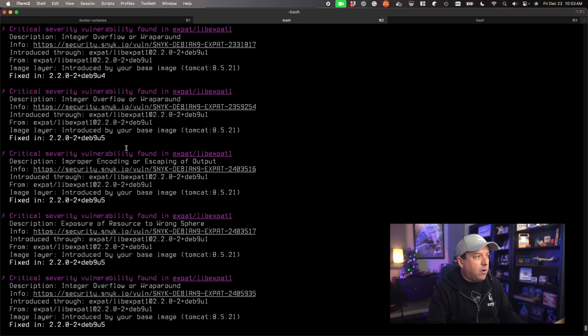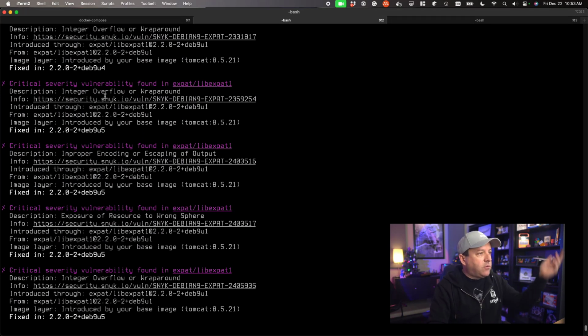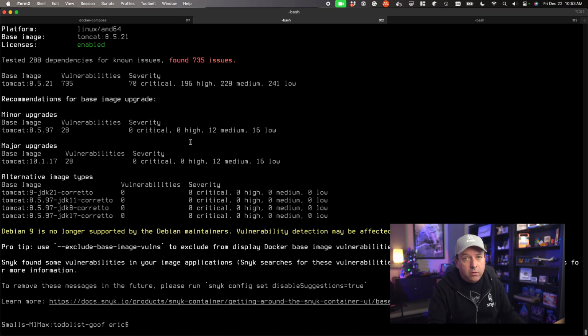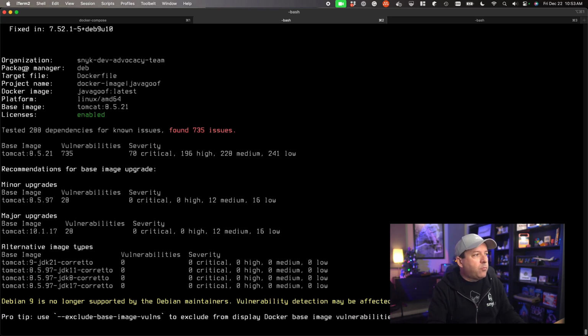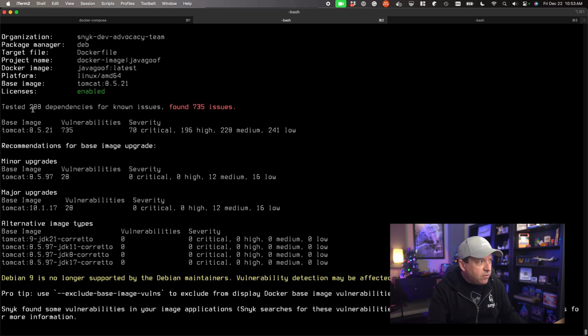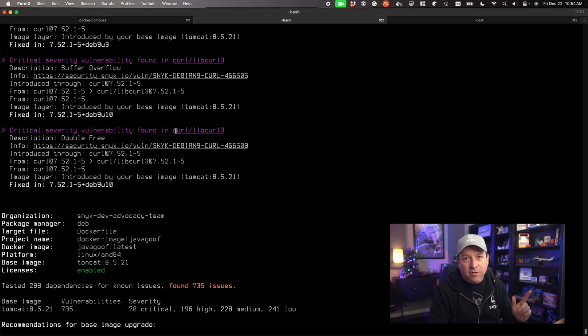And that's what we have here, is all of these CVEs telling me, hey, here's an integer overflow or wraparound. And if I would update this package, I could get over that. That's fine, and that's good. But one of the nice things Snyk does is it will also present me with some actionable information in the image summary. And saying, hey, your base image, 8.5.21, which if you know anything about Java and Tomcat, that's really old, especially in 2023. This is coming to the table with 735 vulnerabilities all by itself that you're just inheriting. 70 are critical and 196 high. That's really bad. And if we were to scroll up, we will find that RCE in this list.